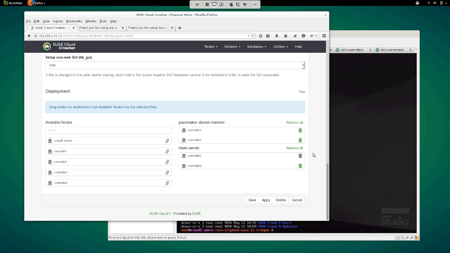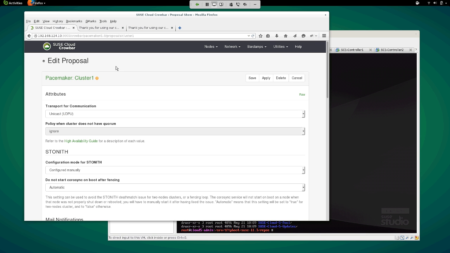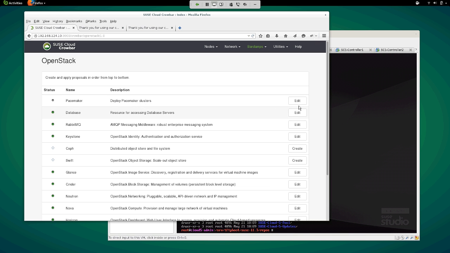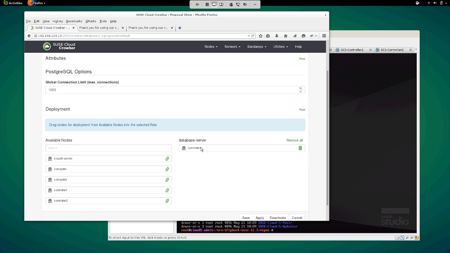When you have the cluster components all deployed, you can go back to the OpenStack services, and for the case of, say, the database, instead of moving a single controller over here, I would actually have a cluster that would be available on the available nodes section on the left, and I would just drag that over to the database server side, and it would deploy that database on a cluster instead of a single node.